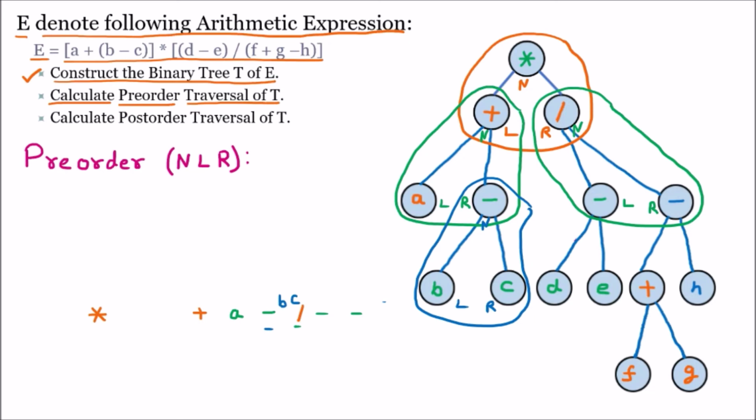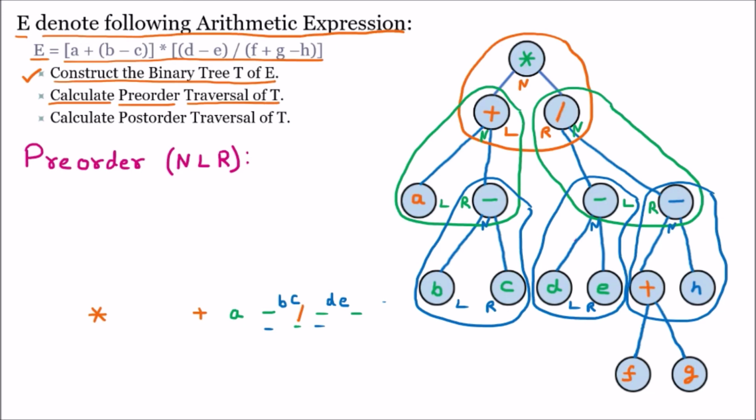Then again afterward we go to the tree. So this is again a tree subpart. There we have node, left and right. Here we have to talk about the minus which is here. So minus D E. So D E is coming here, minus D E. Now again we have one more tree available, this one, and in this tree also we have the node and the left and the right side. So here minus plus an H, so minus plus an H is added afterward.